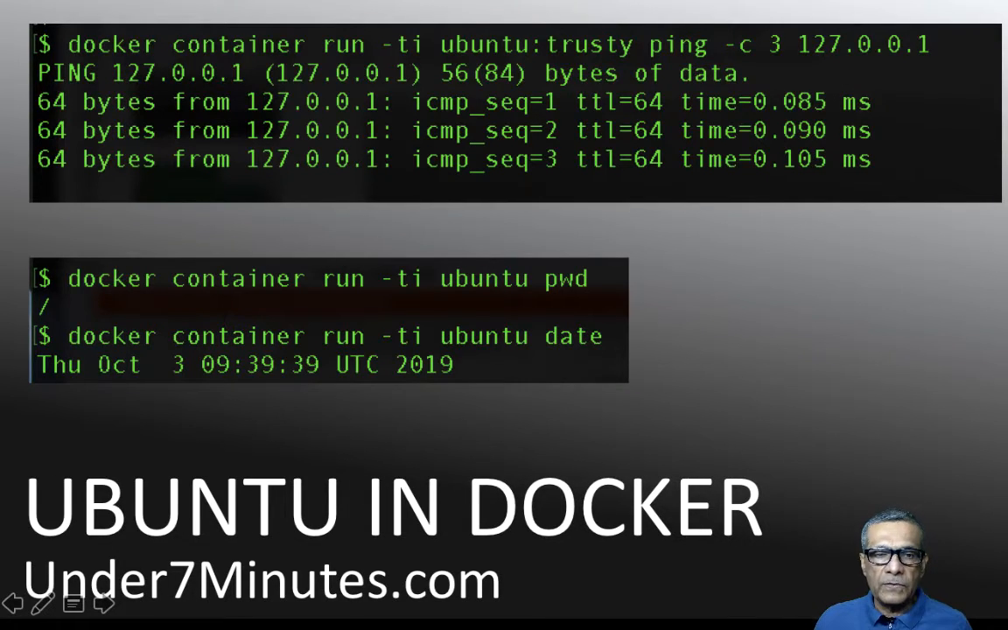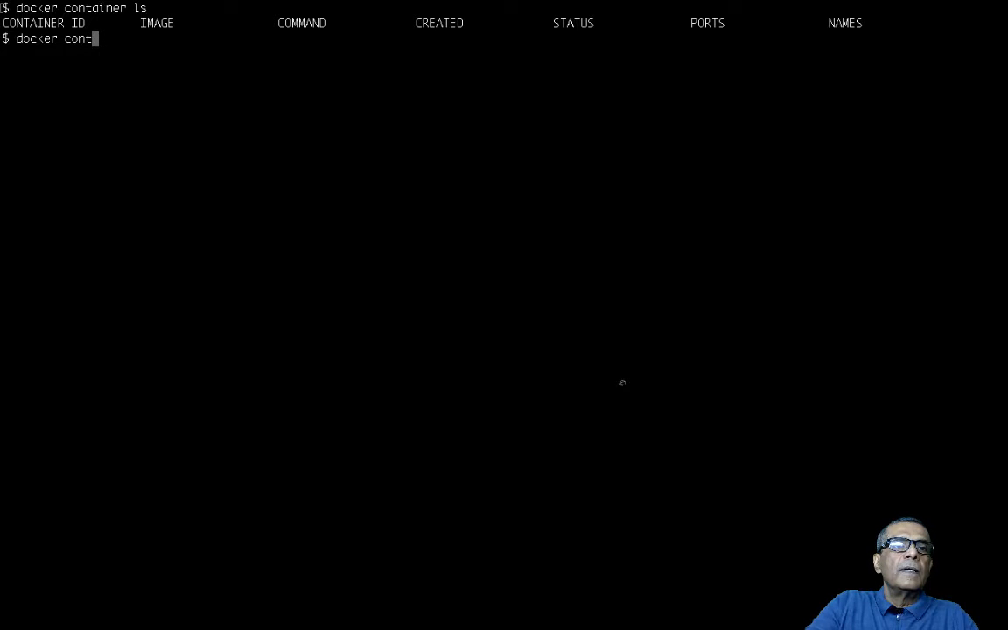Okay, so now let's assume that we have Docker installed. First, let's see if I have any container running. Docker container ls. So I have no containers running. We'll come across this command again. I'm going to run an Ubuntu container. So what do I need to type? Docker container run -ti, because I need to interact with the container, and the name of the image, which is Ubuntu